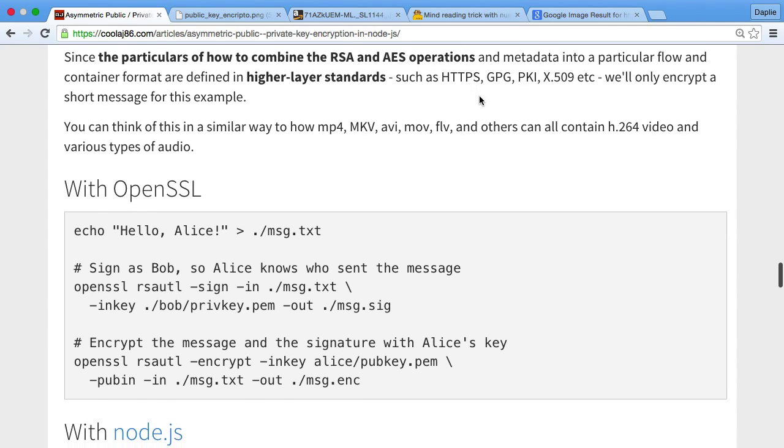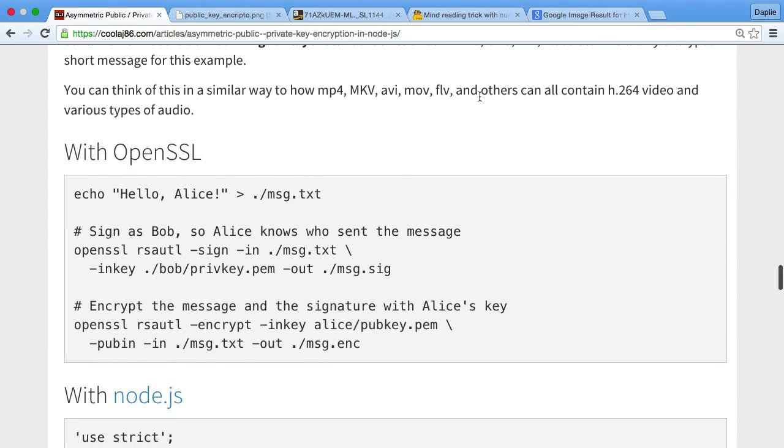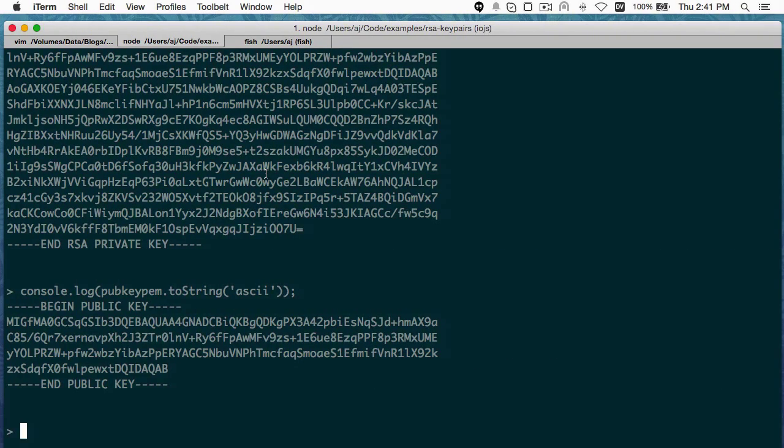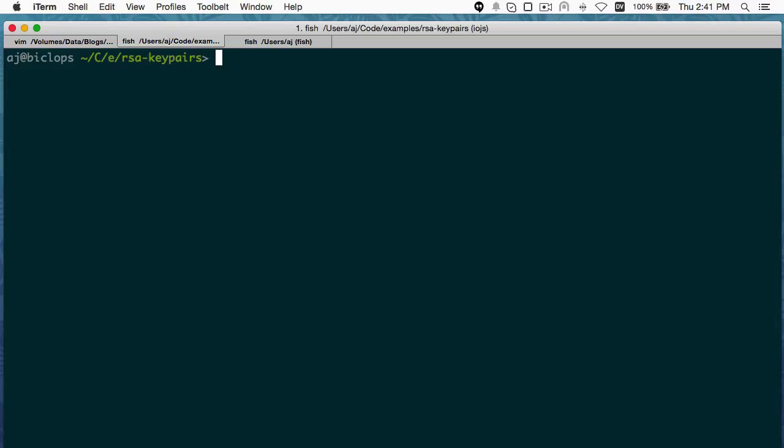So we're not really going to talk about that. We're just going to talk about low-level RSA encryption. One interesting thing is that RSA encryption actually does work